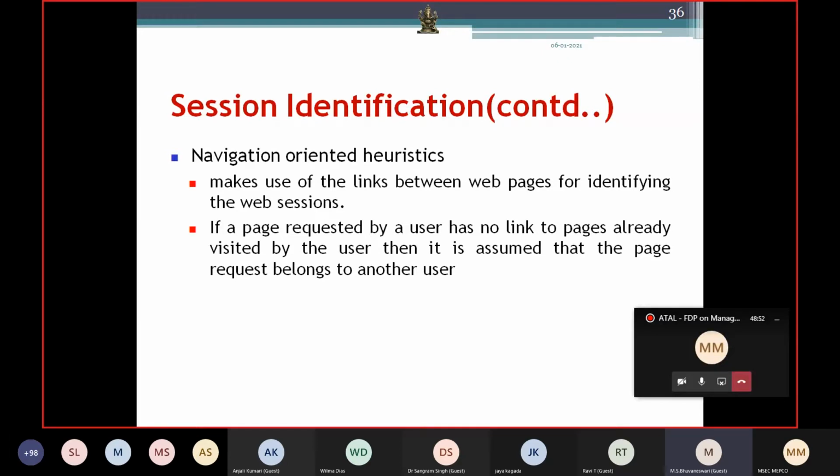If there is a link, I will put P1 and P3 in the same session. If there is no link between P1 and P3, P1 will be put in session 1 and P3 in session 2. This is your navigation oriented heuristic.